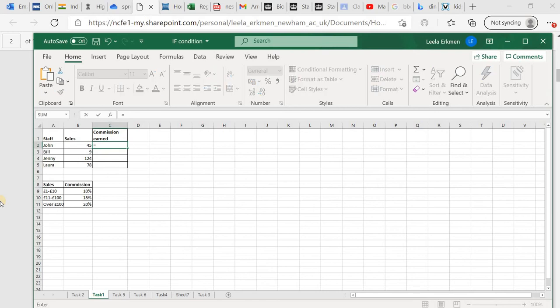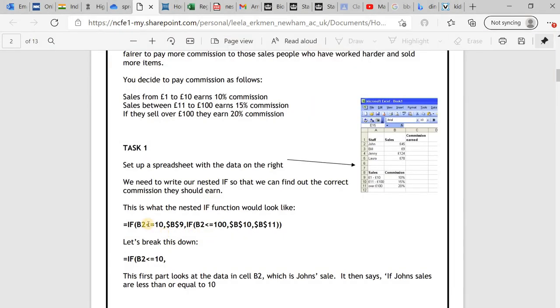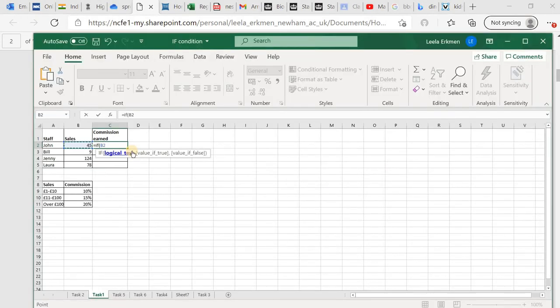IF, equal, then I will open a bracket. If B2 is less than or equal to 10, between 1 to 10, then it will be 10%. This is a less than symbol, less than or equal to 10. So less than or equal to 10, then what? Then this is